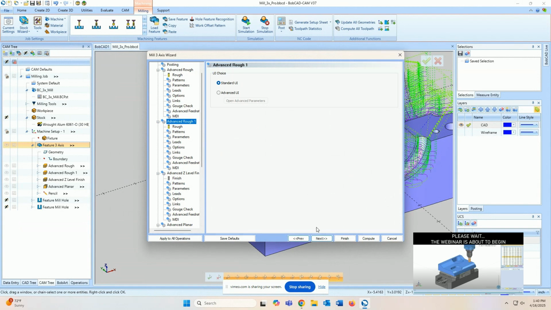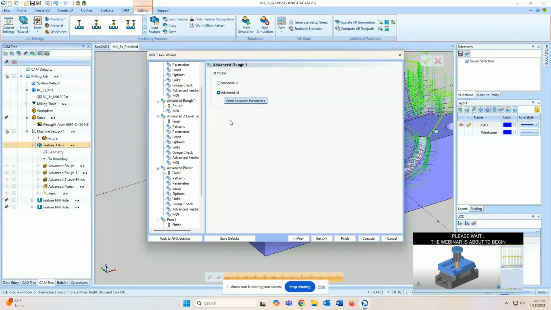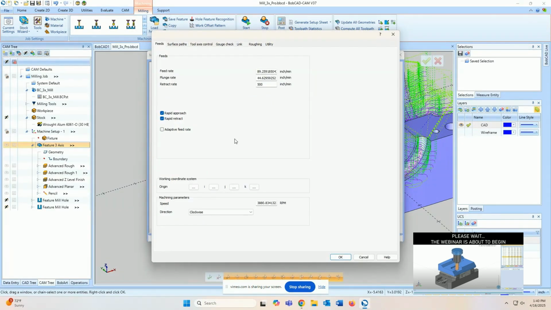We've got our user interface. So I'm going to get into the advanced user interface for the next advanced rough. So when I click on that advanced UI, and then before I click on open advanced parameters, you can see there's no more pages for patterns, parameters, leads, options for my second advanced rough here. It's just got the tool and it's got the MDI page. The reason for that is because all of those patterns and parameters, those options, are going to be in a separate window here. When I click on open advanced parameters, I can type in the spindle speed, the RPM here, direction of the cut,